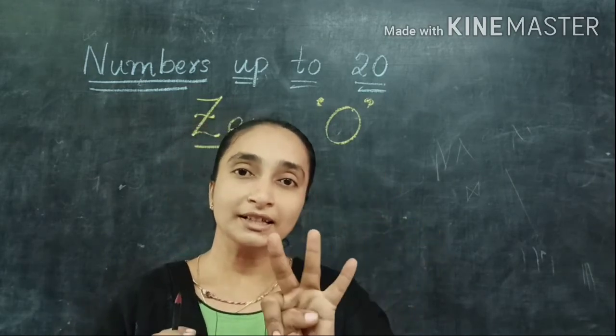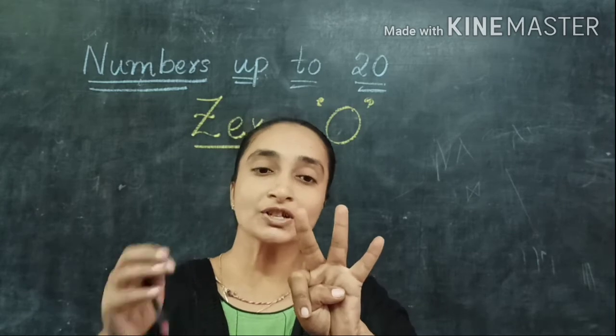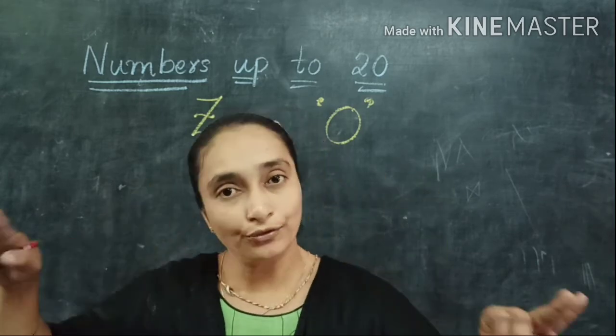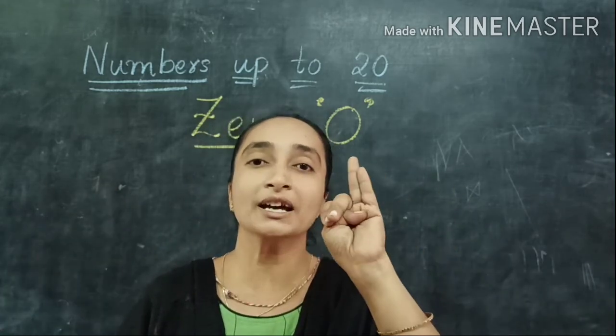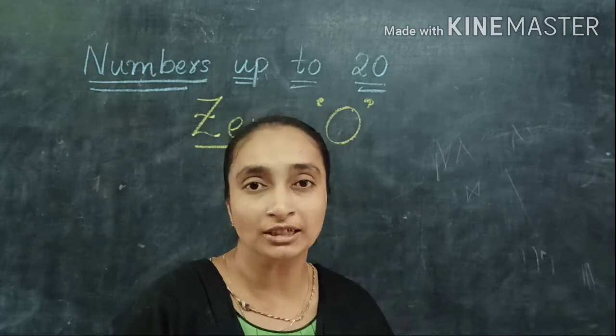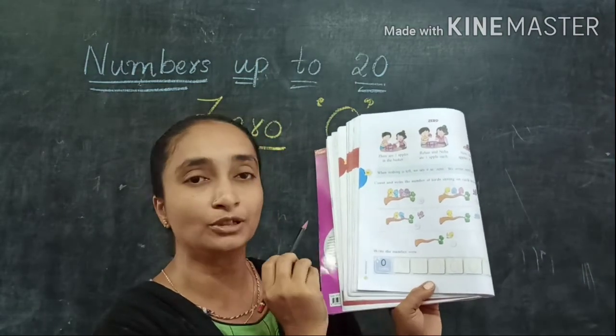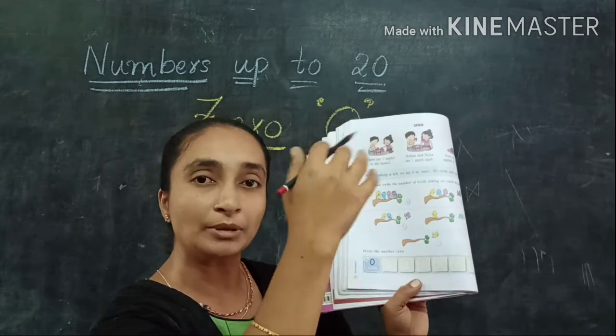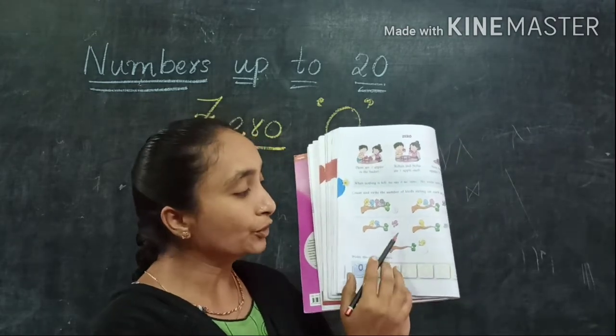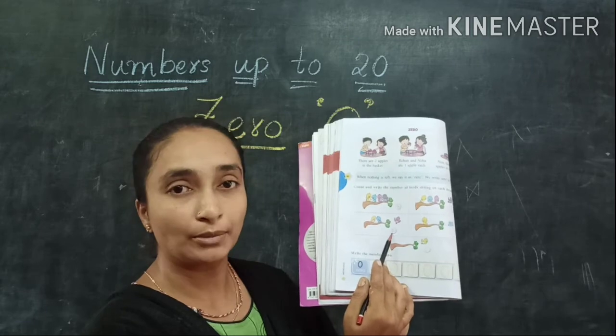After that 3 little birds were sitting on the branch and 1 little dicky bird flew away. Now remaining how many are there? 2. 2 little dicky birds sitting on a branch. Here we can see a yellow bird and a blue bird. So the pink bird also has flown away. So here we have written the number 2.